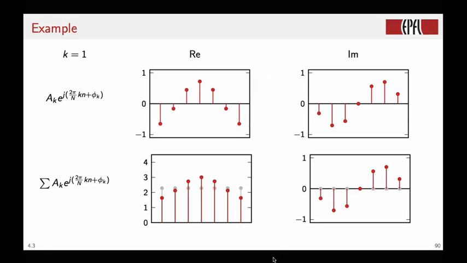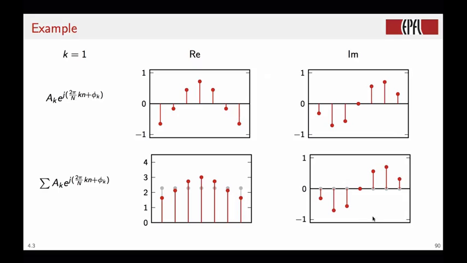For k equal to 1, we have now a sinusoid that will have a certain initial phase and a certain amplitude. And we can see that as we add this to the previous constant, here in gray you see the previous sum and here the updated sum for k equal to 1, the real part of the signal starts to look a little bit like a triangle. We also have a significant non-negligible imaginary part